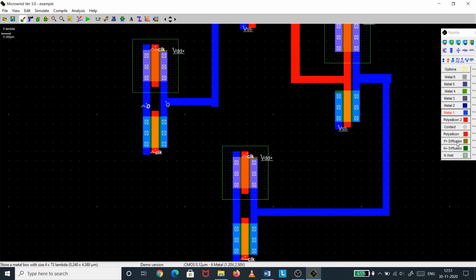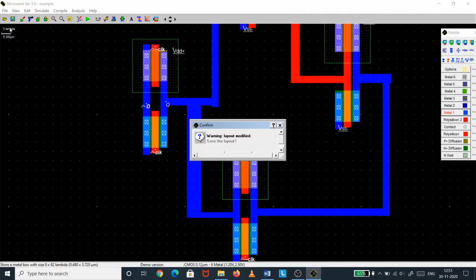Okay, and the output of the second transmission gate should be given to the first CMOS inverter again. So we are done with the connection.